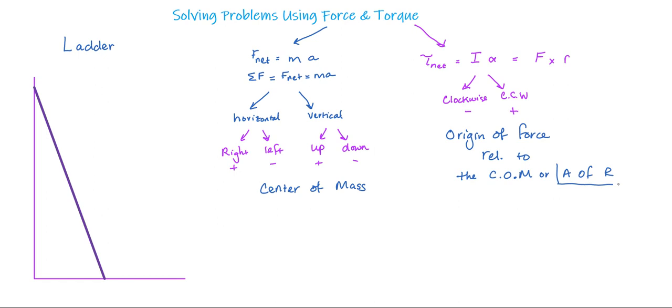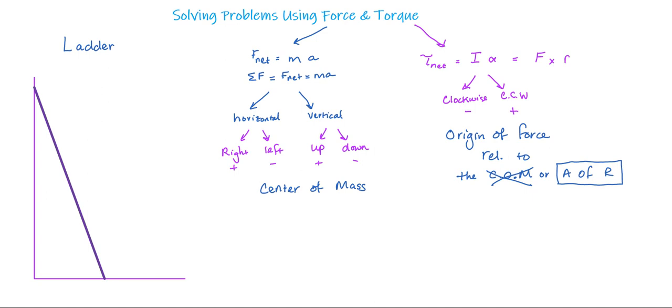Now, the axis of rotation is more important than the center of mass in most of these cases. If you were to fling an object into the air, it would rotate about its center of mass, and so the axis of rotation is the center of mass. But I'm going to rather just pick an axis of rotation that we'll look at here. So here's this ladder